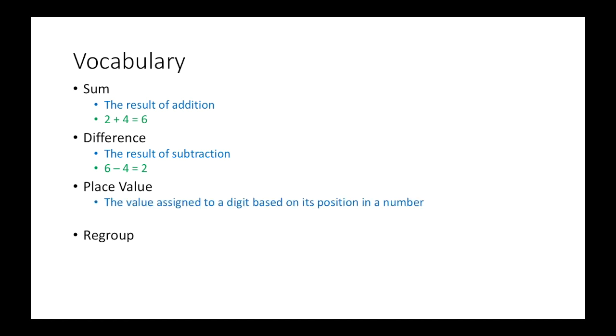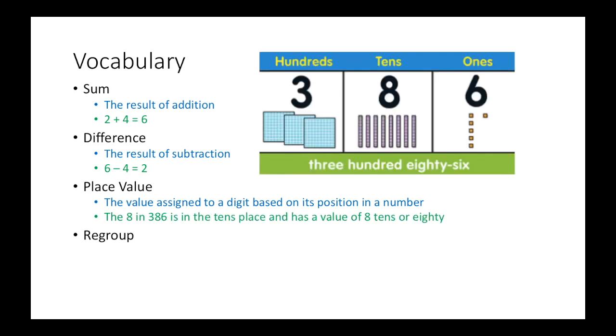So the next one is place value. That's the value assigned to the digit based on the position in the number. Looking at this place value chart, remember where your hundreds, tens, and ones are, and think about your place value blocks and what they look like. For hundreds, we had our big squares. For tens, we had the rods, and for ones, we had the small little squares. So the 8 in 386 is in the tens place, which means it has the value of 8 tens or